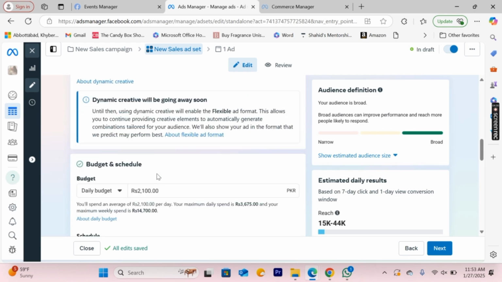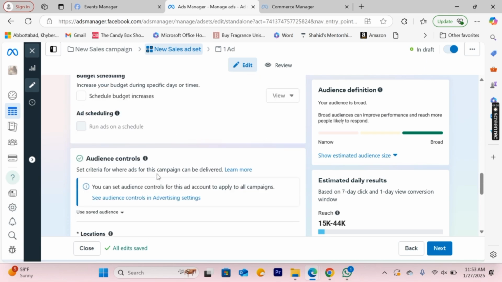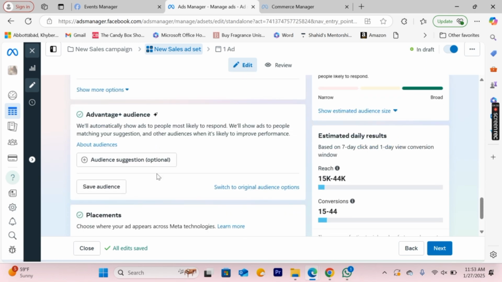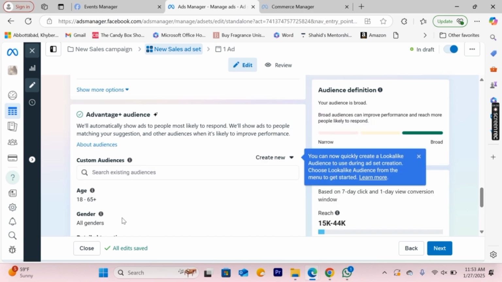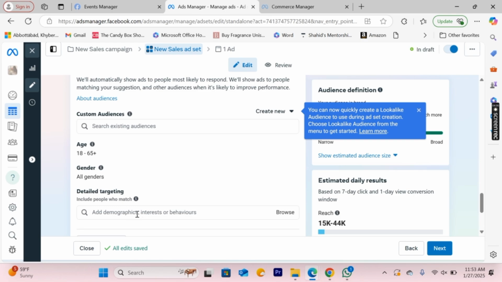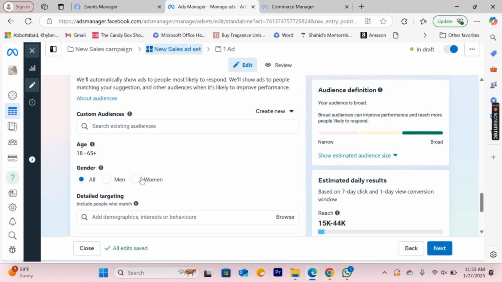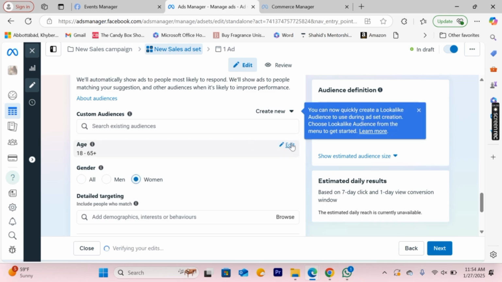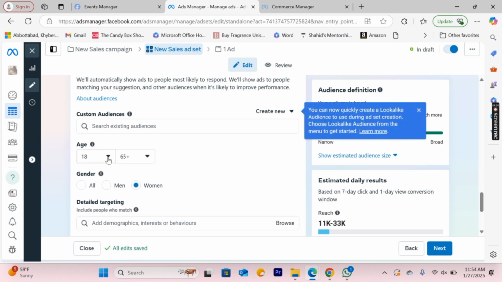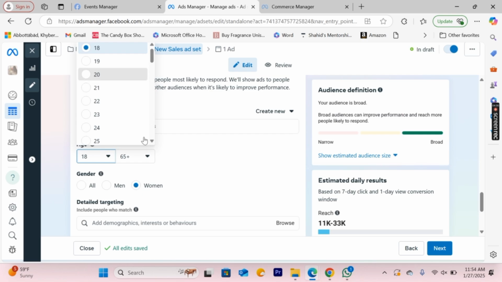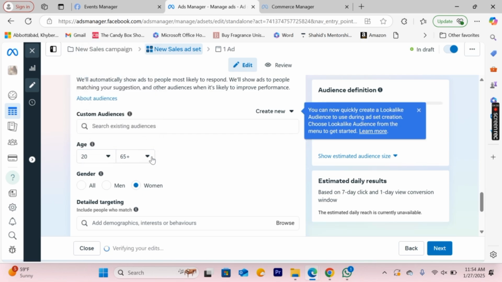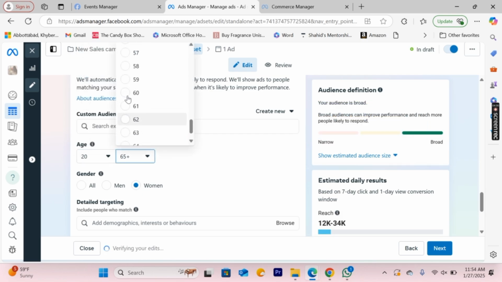So now if I scroll down, there you need to customize your audience. So I will go to audience and here click on audience suggestion. So from here you can target if you want females only. So I want women, and then I will edit age, so I will choose audience from 20 to 40